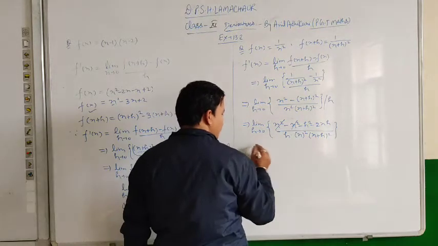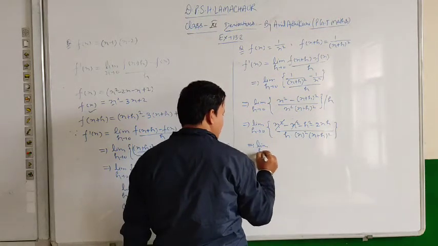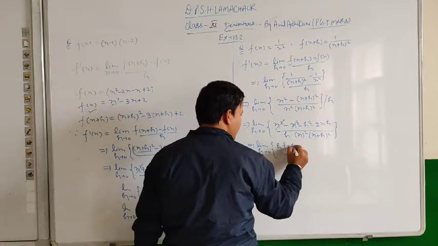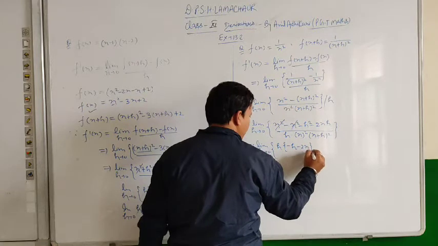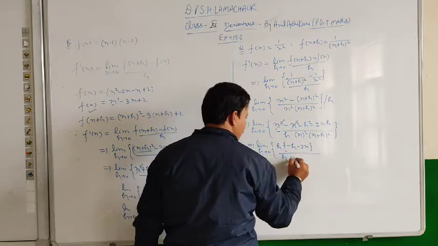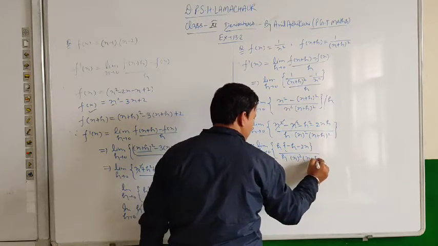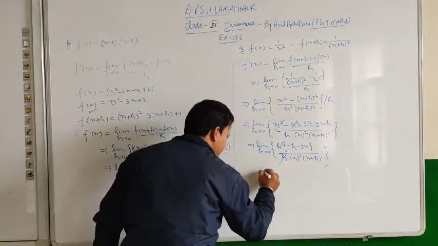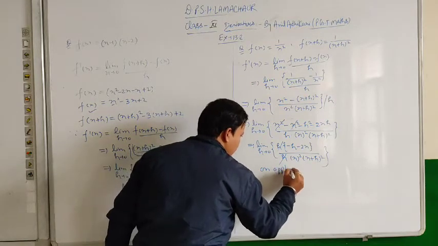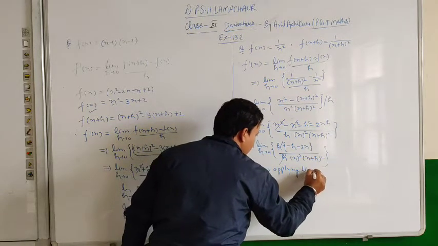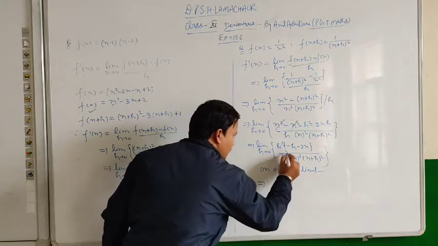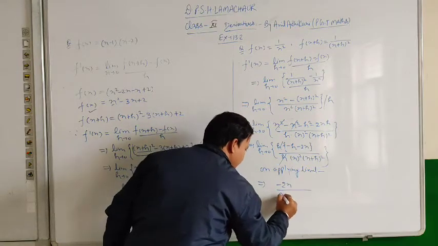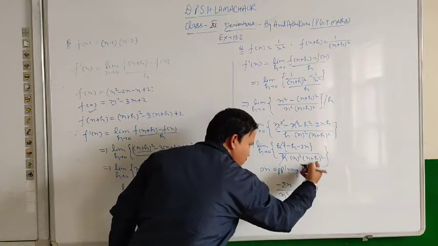So taking h common from the numerator, limit h tends to 0, we get minus h minus 2x divided by h into x square into (x plus h) whole square. This h will be cancelled out. Now applying the limit, h will be 0. So in the numerator we get minus 2x and in the denominator we get x square into (x plus 0) whole square,